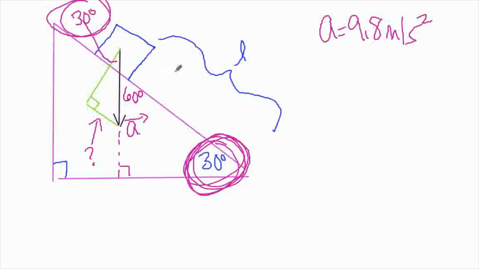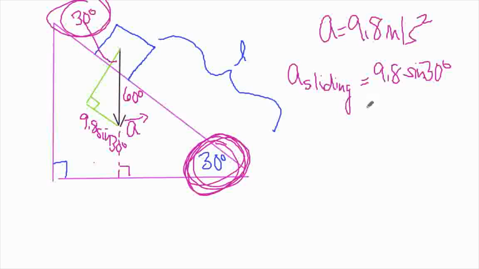Now, using what we learned about trig and vector components, I hope you can see that we're going to need the sine to get that component. So if the acceleration had a length g, let me use g instead of writing out 9.8. Well, I guess I could write 9.8. So the length of this is going to be 9.8 sine of 30. So the acceleration we're going to use for when it's sliding, maybe we should call it a sliding, is 9.8 times the sine of 30. You can punch that into your calculator, you'll get that the sine of 30 is a half, so therefore you get 4.9 meters per second squared. Now, once you've nailed that,